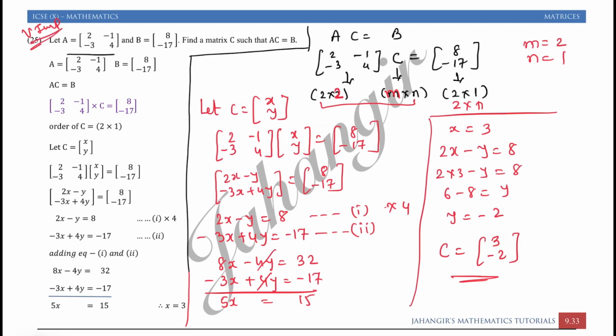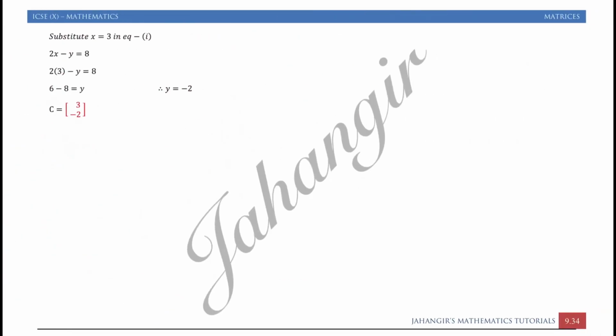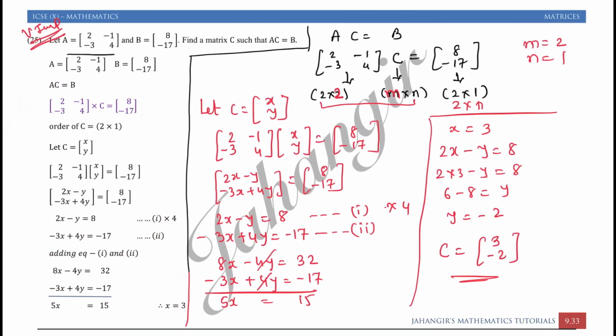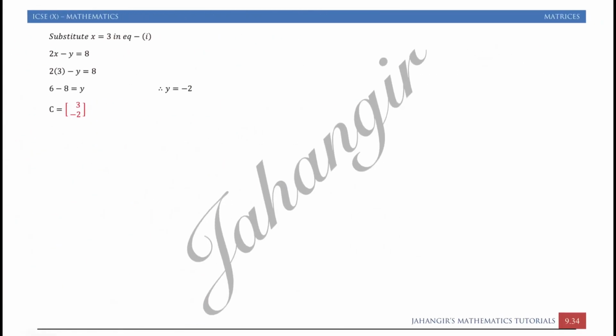We will revise this on the board when we are doing board questions in the next video. Just go through this part. Here do not forget to write the matrix. Most students make the error that they just find x and y, then finish off the question. But here you have to remember that the final answer is the matrix itself.